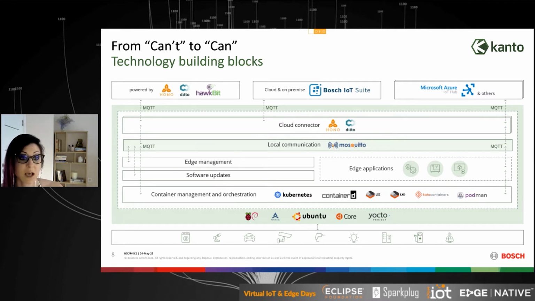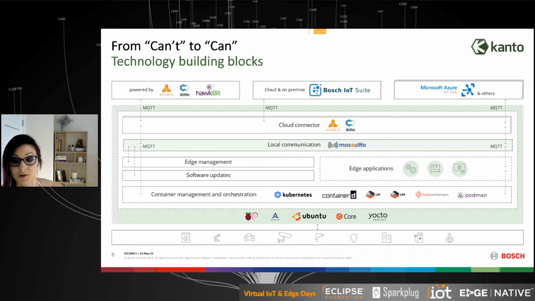Software updates and edge management, which includes, for example, files, file uploads, backup and restore, and other integrations that would enhance your management of the device and its state, monitoring, and so on. Again, using the same Vorto modeling, using the same Ditto approach with features and so on.